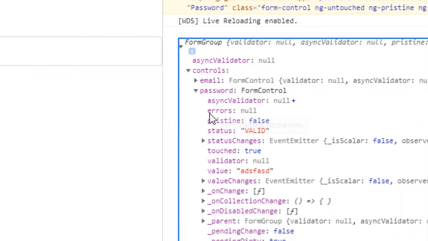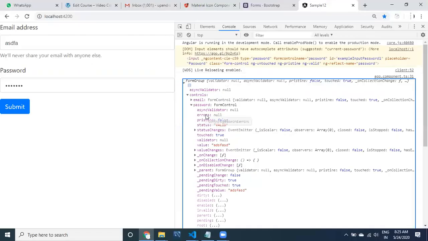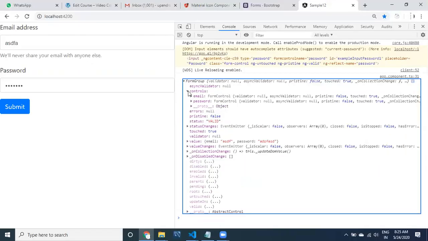Whenever you need to check something, you can come to this structure and verify it. Now I just want to show you controls. Inside the controls, email and password are available, because we have created only two.